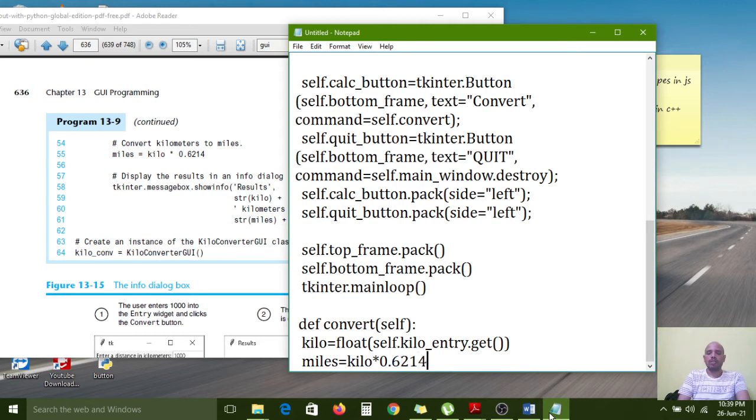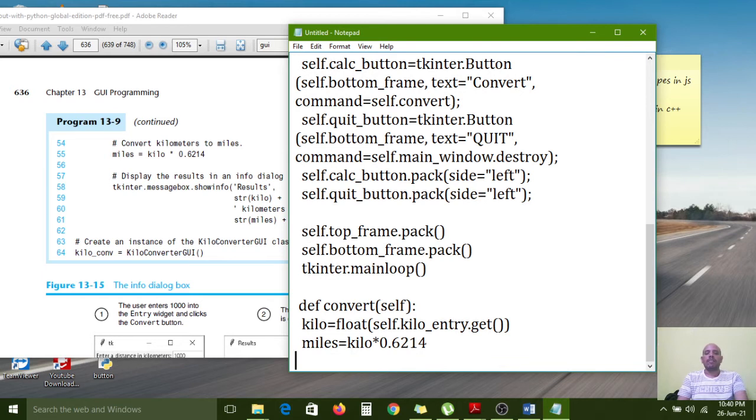Kilo is the input you have given, taken by the get method and assigned to the kilo variable. So miles equal to kilo into 0.6214. The calculation is done, and the value is stored into miles, because the conversion of kilometers into miles is going on in this function.